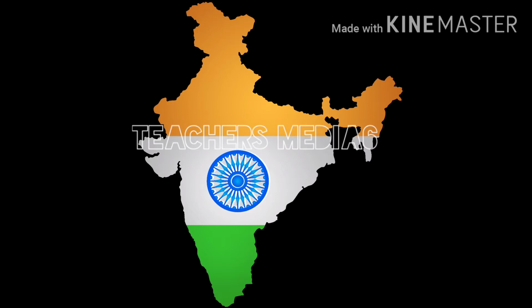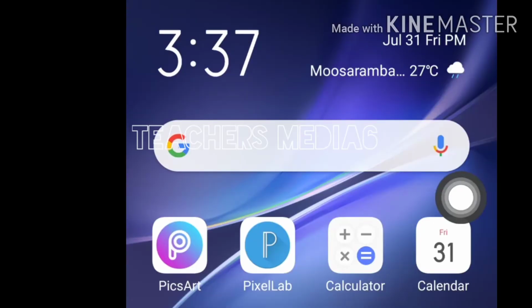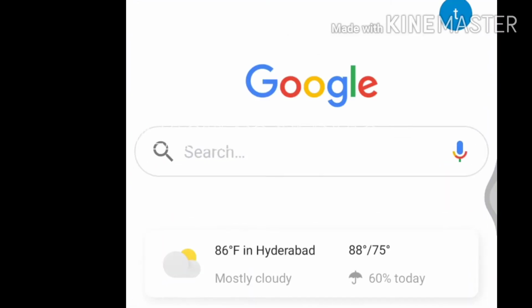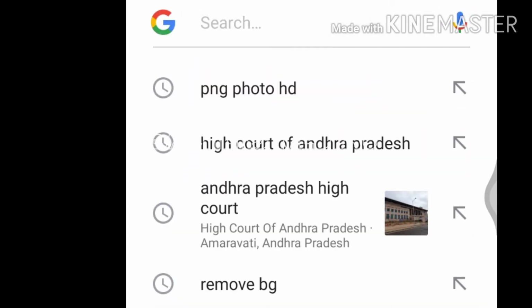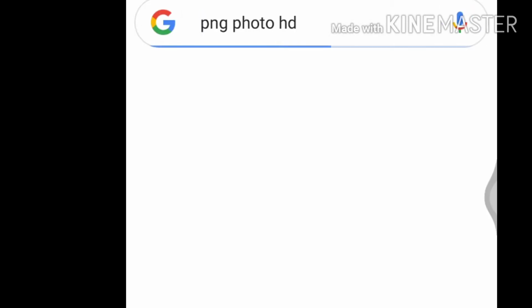Today we'll learn how to download PNG HD quality images. First, you go to Google. In Google, you type PNG photo HD.